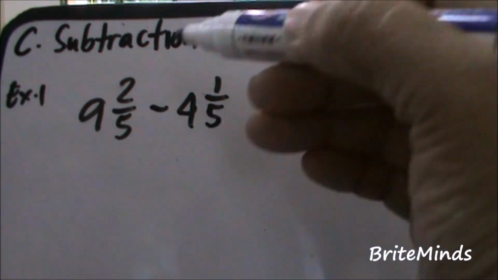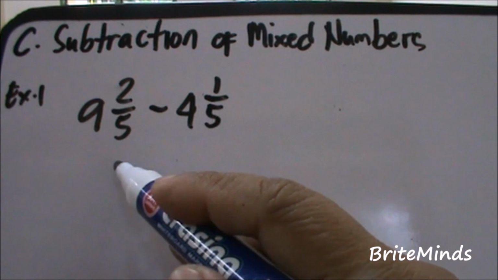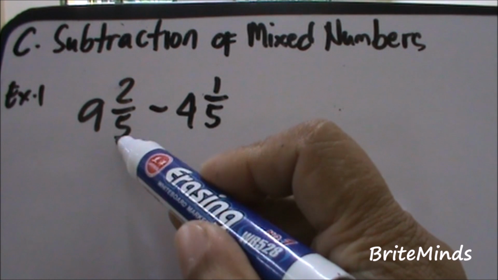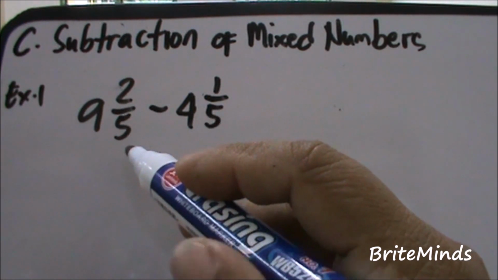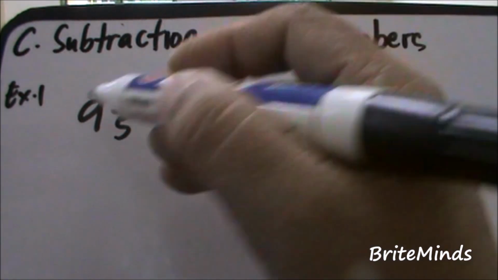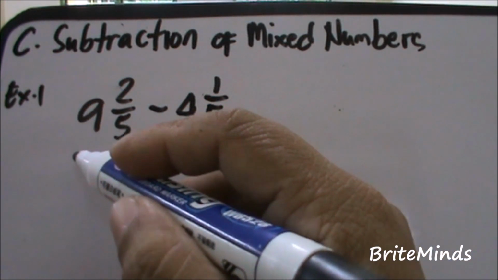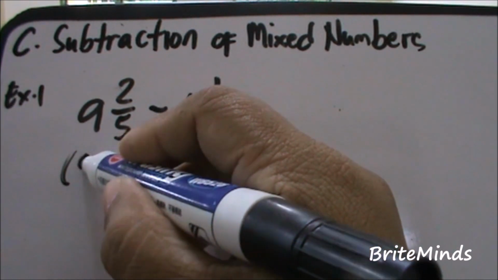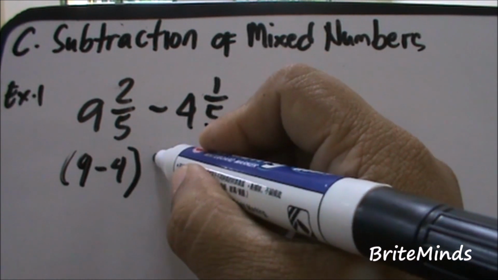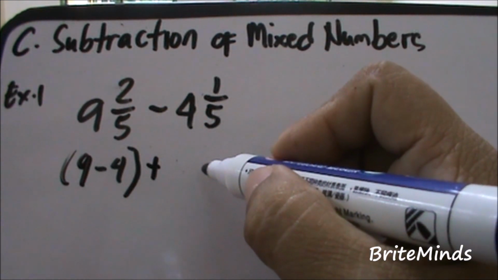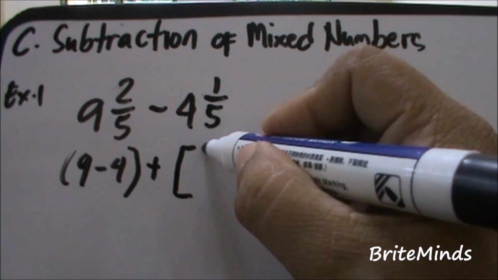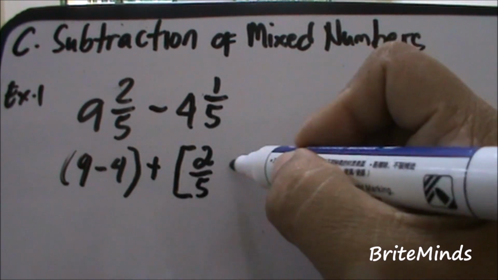Example, we have 9 and 2/5 minus 4 and 1/5. We have observed that the fractional parts are similar, so we need to subtract the whole numbers first. So 9 minus 4, then plus, proceed to subtract the fractional parts, 2/5 minus